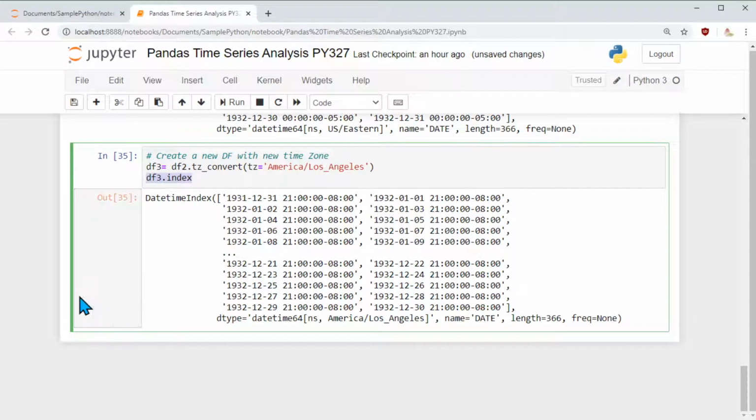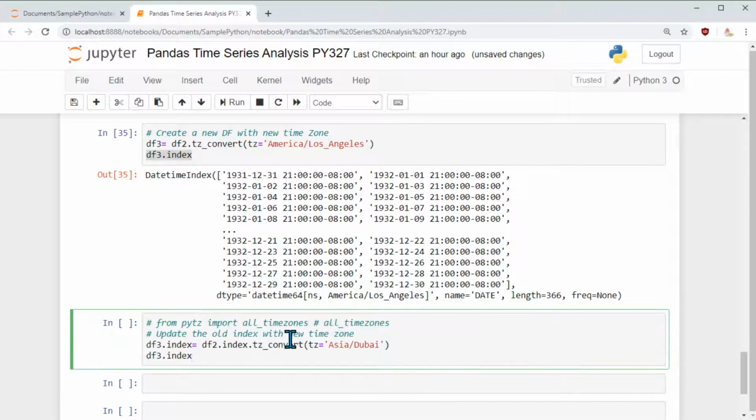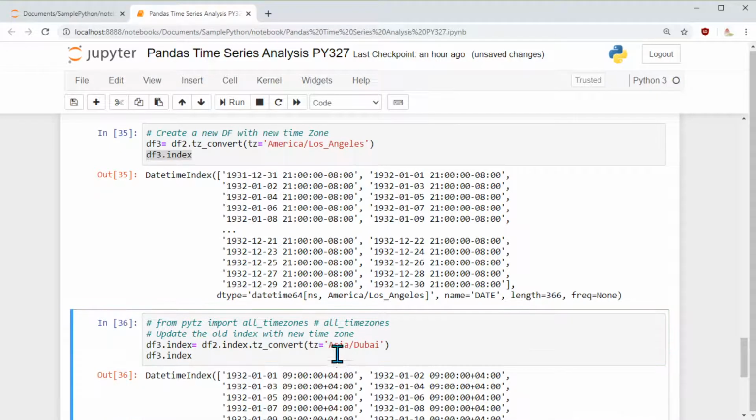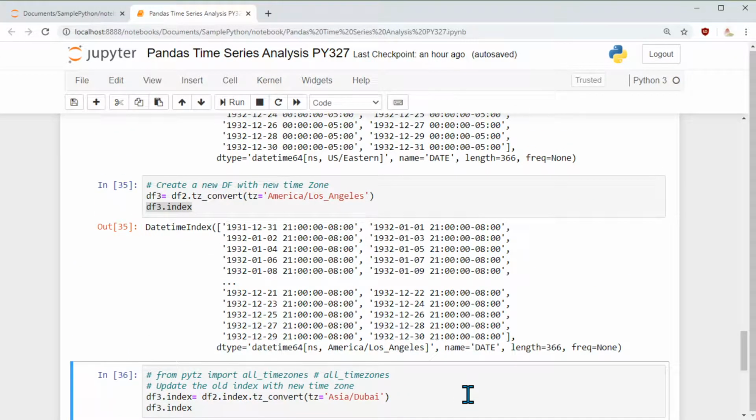And if you want to update the index itself, you have one more method, and that would be index is equal to index.tz_convert. So here I am going to update my index. So if you notice this one, data frame 3, I am updating it with the time in Dubai, and Dubai is ahead of US and also UTC time.